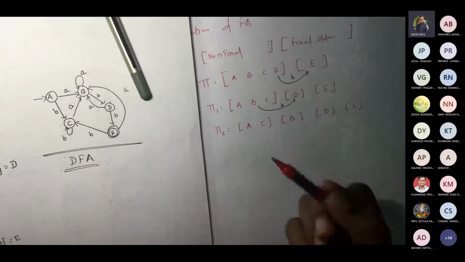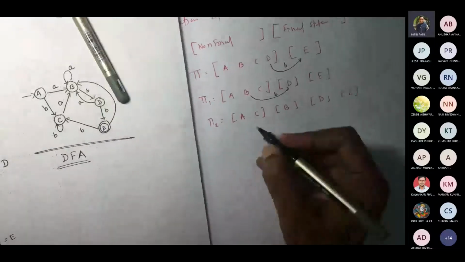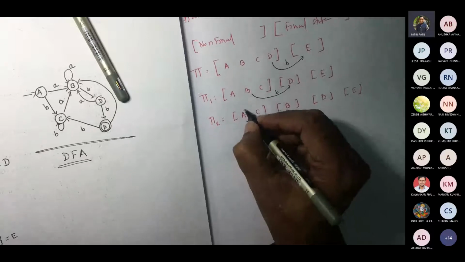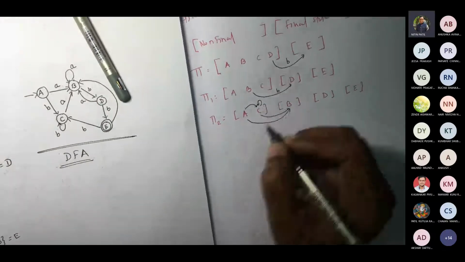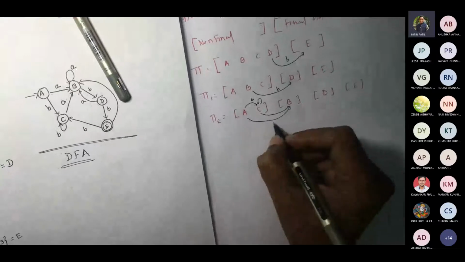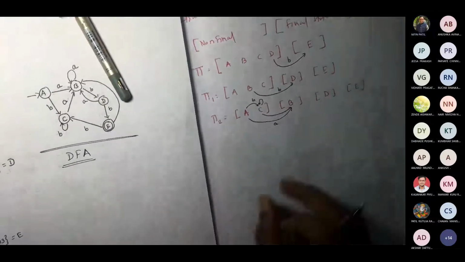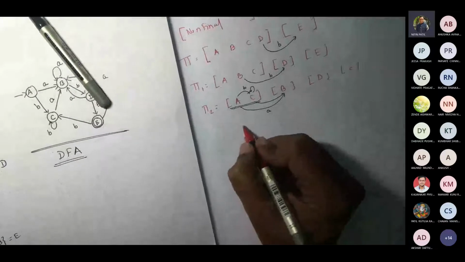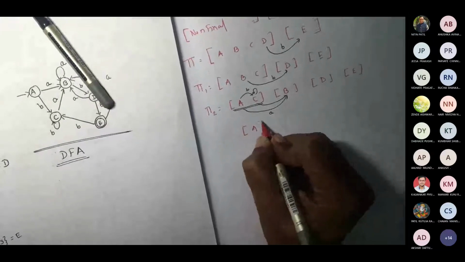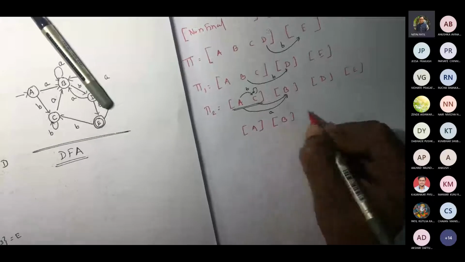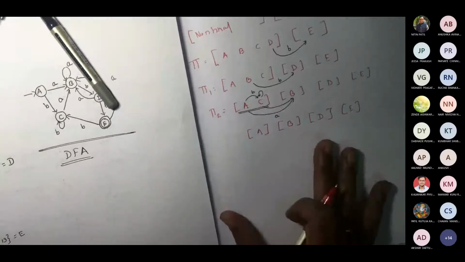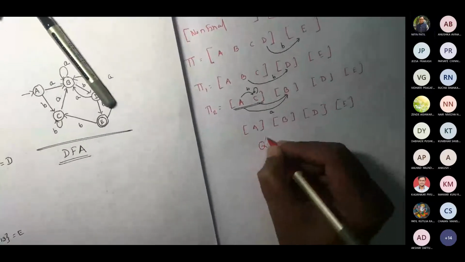So whenever this situation occurs, now what? Let me write it. A and C. A and C are remaining in the same group for input B and for A, it is going outside, but it is remaining in the same group. So no need to distribute this. Now you choose one of them. Generally we choose the initial one. You write A, you write B, you write D, and you write E. This would be your final Q double dash.